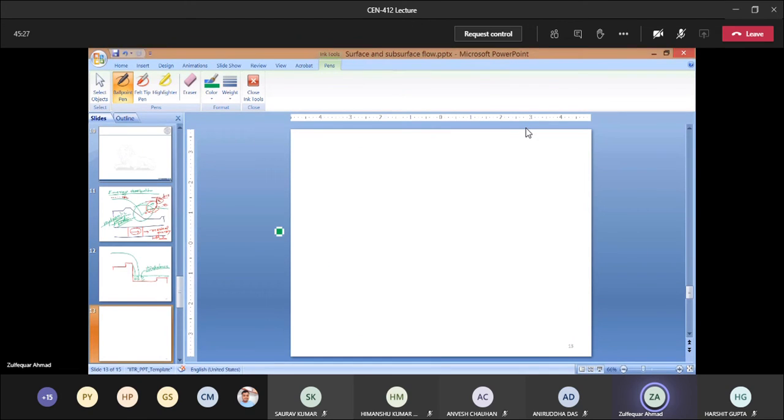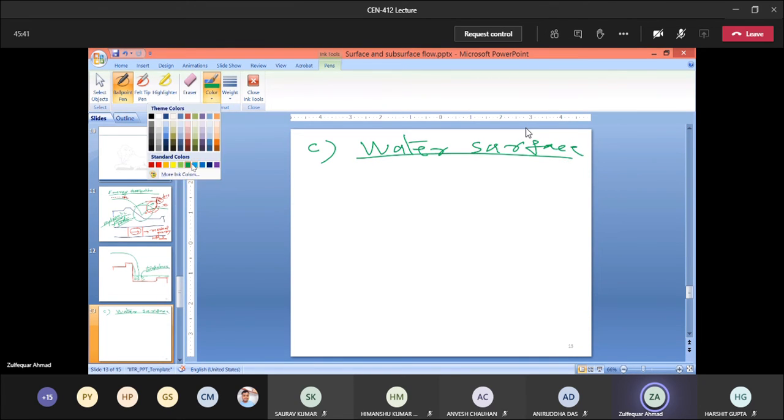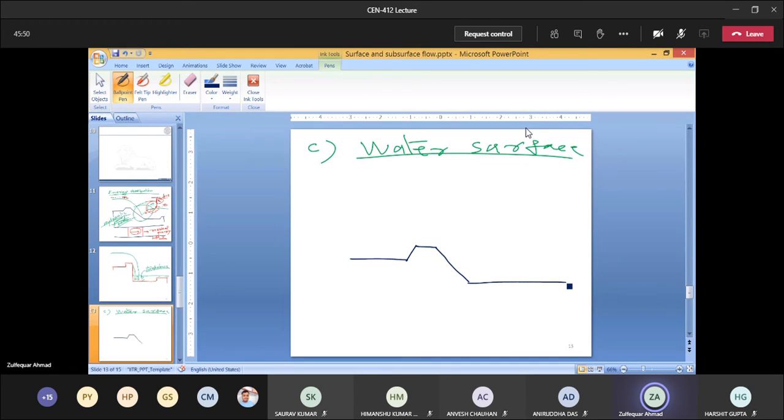The next one is the water surface. The third part is the water surface, right? I mean, in the case of surface flow, what is the role of the water surface? See, for the typical structures that we had discussed, let me again draw this, right? We have this. And here we would like to know, okay, what is the water surface profile that we are getting? May I know why we are interested in getting the water surface profile?